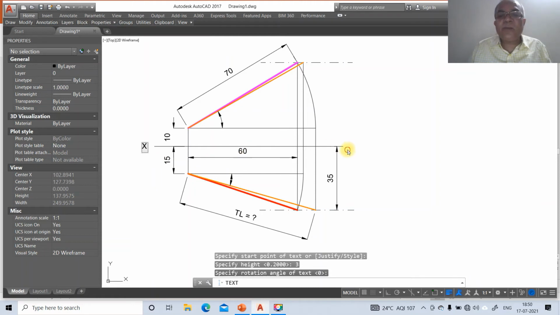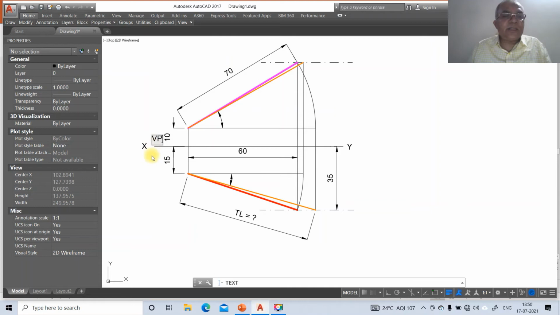You mark this as XY and you mark this as VP, and here you mark this as HP, and then here it is capital A, and here also capital A, and here capital B, and here locus of B, and here also capital B, and here locus of B, and here small a, small b.